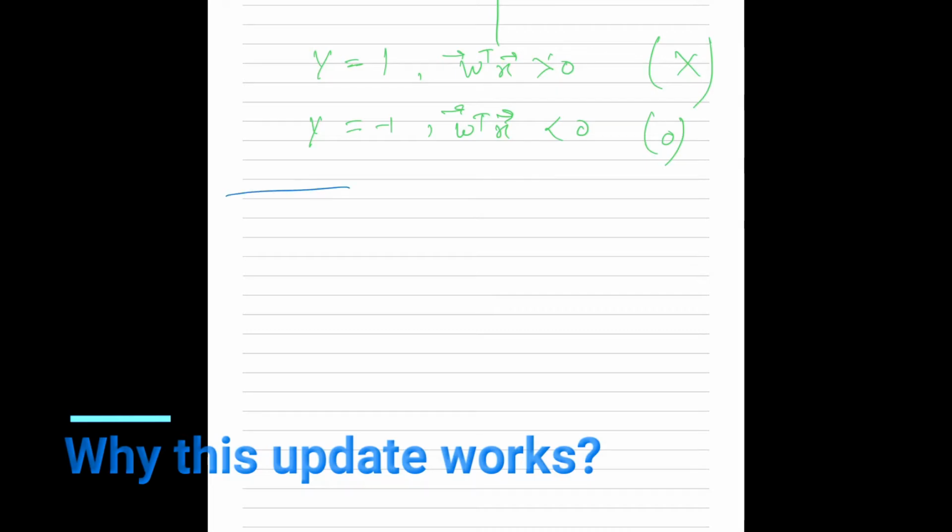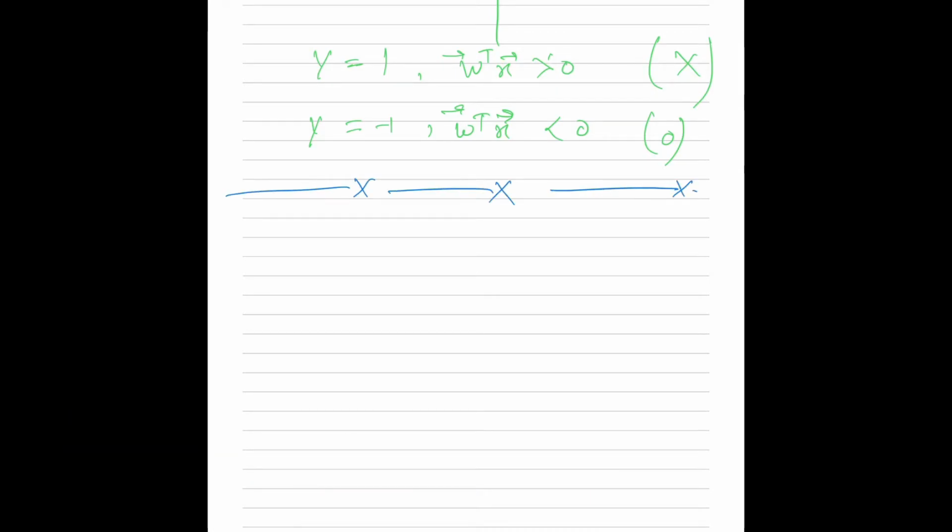Now continuing the same example, analyzing it: for every x and y element in our data set, the point is classified. Does that point lie on the correct side of the hyperplane? The positive points should lie on the positive side and the negative points on the negative side. If it does, I do nothing, but if it does not, then I increase my counter because I made a mistake, and I adjust my hyperplane, which is my w vector, so that hopefully I am on the correct side of the hyperplane.